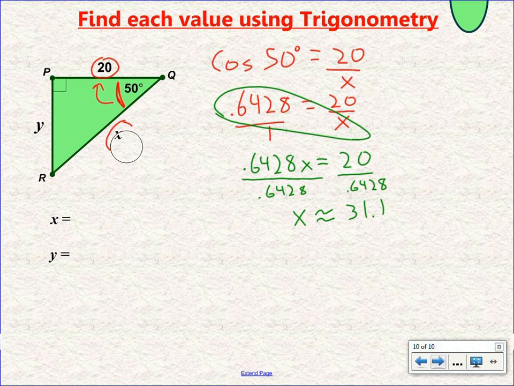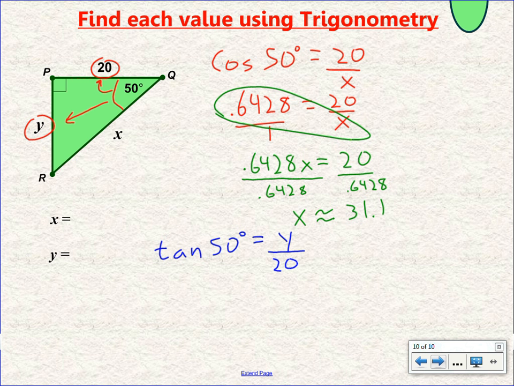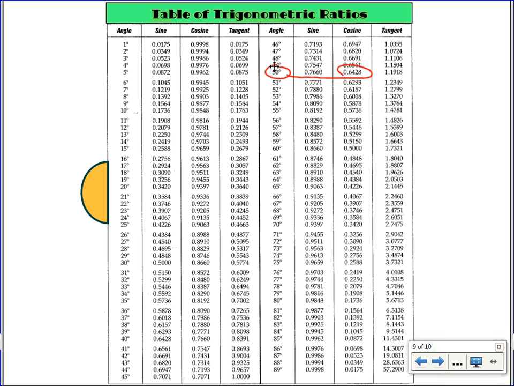So this time, I want to find y. Y, according to my reference angle, is the opposite side, right? And I'm going to once again use 20, which is the adjacent side. And again, I need to remember which trig ratio uses the opposite and adjacent. Hopefully you've done these enough times that you're starting to remember opposite and adjacent is tangent. So I want to set up the tangent of, what's my angle? 50 degrees equals the opposite y over the adjacent 20. And again, I don't know what the tangent of 50 is, but my table does. 50 degrees. Tangent this time is